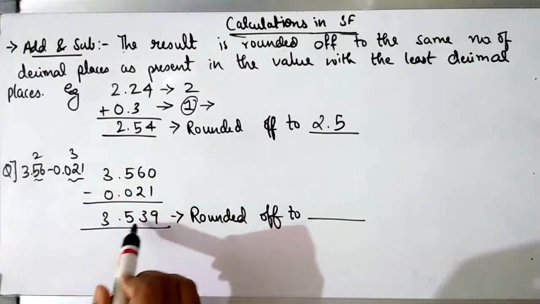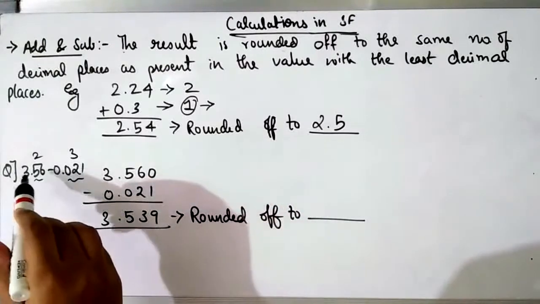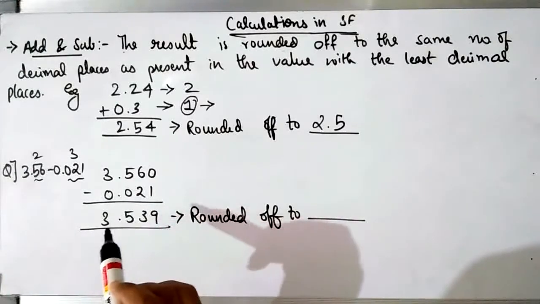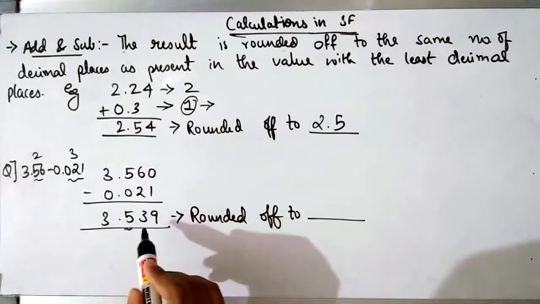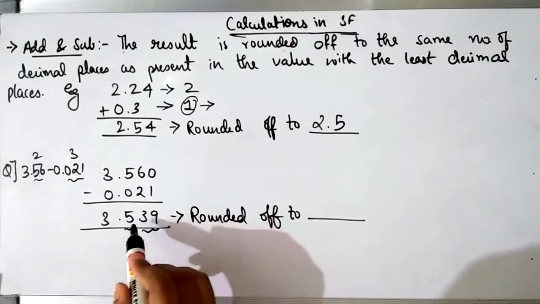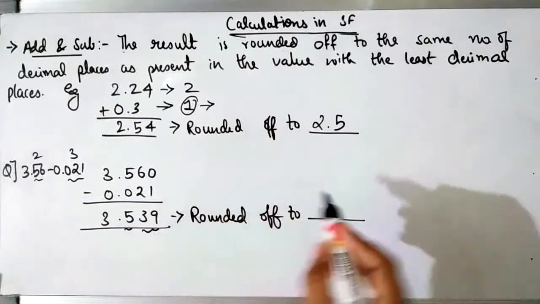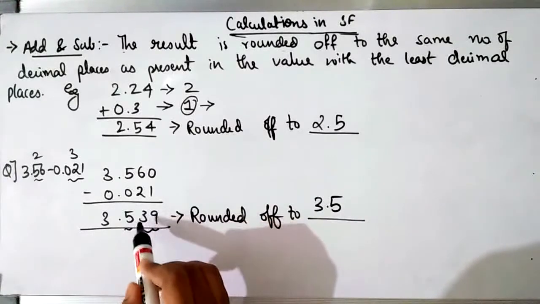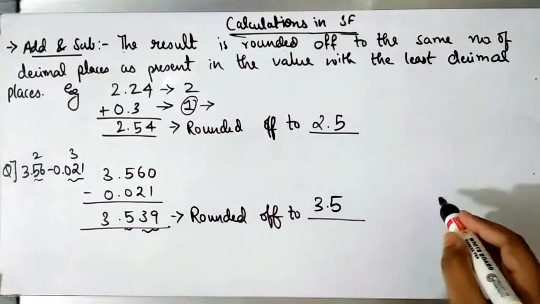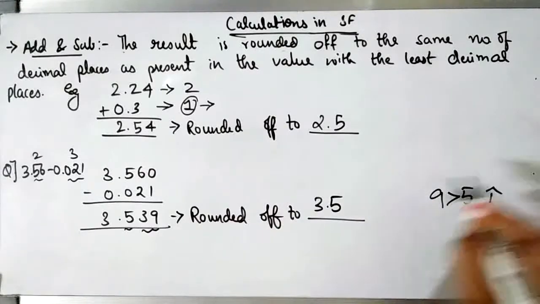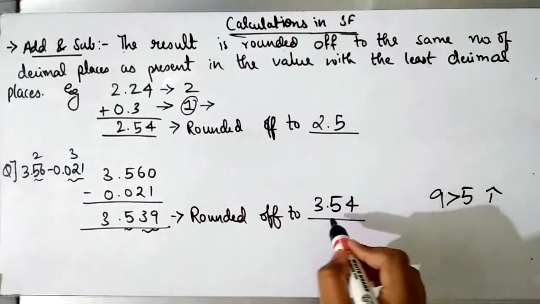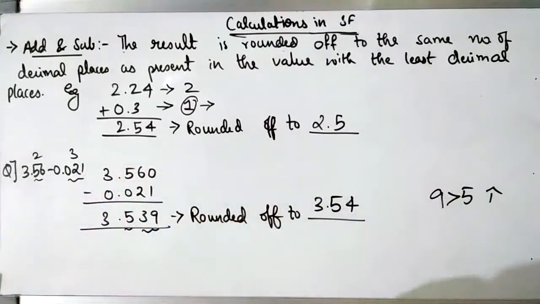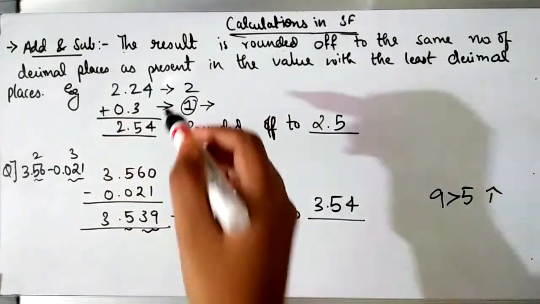So we have to round off the result to the least decimal places of one of the values, and the least decimal place is 2. So this also should be rounded off to 2 decimal places, that is after the decimal you should have 2 numbers. Let that 5 remain as it is, and let us check how we round off this 3, 9 to one number. So let us write 3.5. Now we need to round off this. You have here 3, and after 3 you have got 9, and 9 is greater than 5. So we are going to increase it and this 3 will become 4. Now you can see that we have rounded off the result to 2 decimal places as present in the value with the least one. That is what the statement says, and I have shown you in both addition and subtraction.